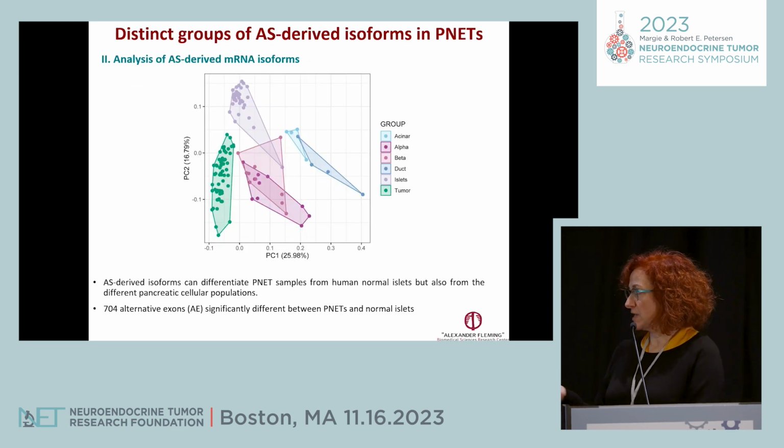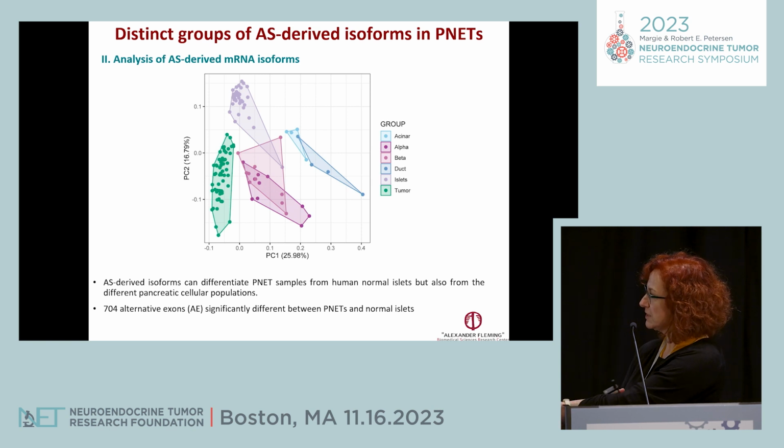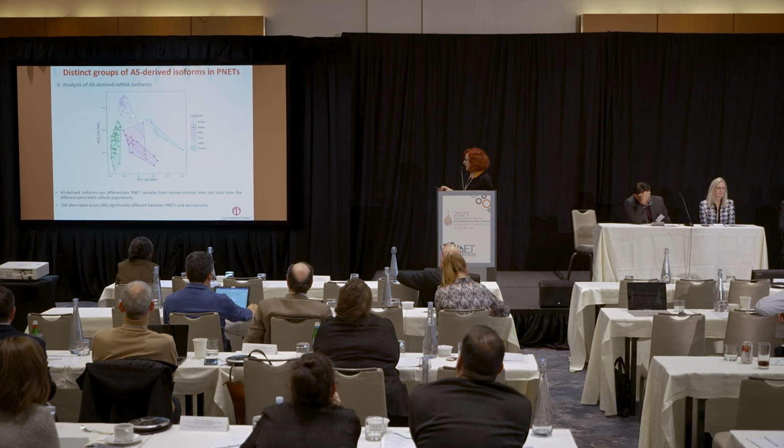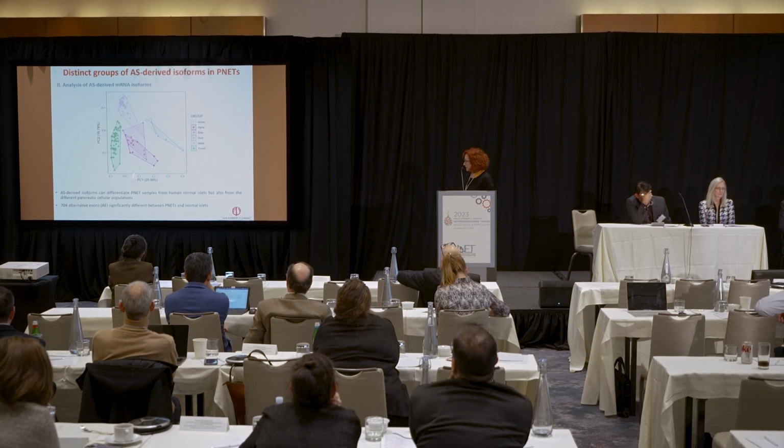Going to the analysis of the alternative splicing-derived mRNA isoforms, what I have here is just a PCA plot that has been generated based on the expression levels of the isoforms. And one can easily see that alternative splicing can differentiate PanNET samples from normal islet samples or other single-cell pancreatic populations. So we focused our analysis first on the